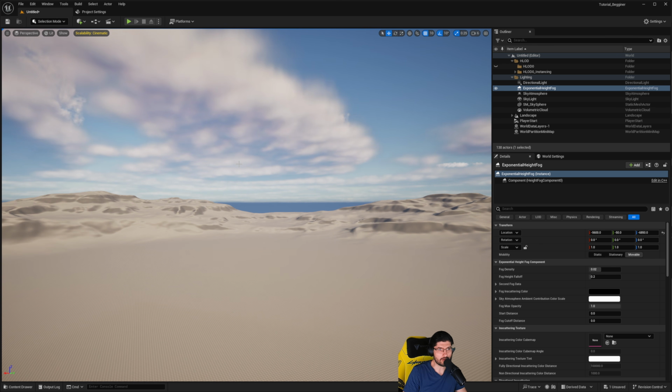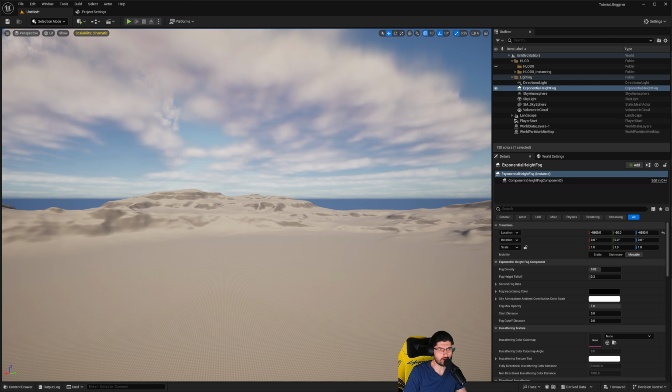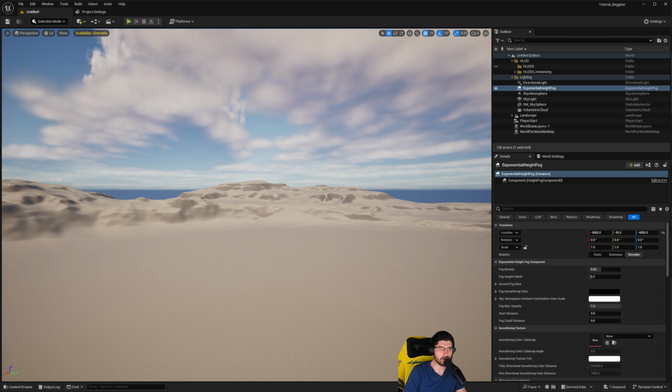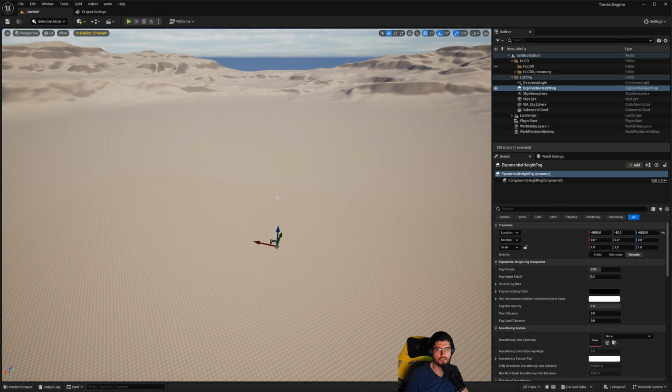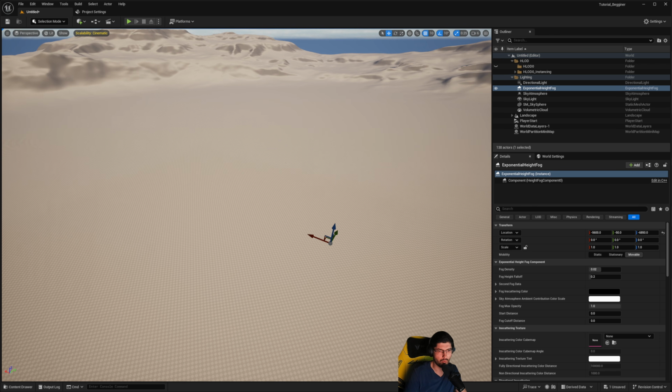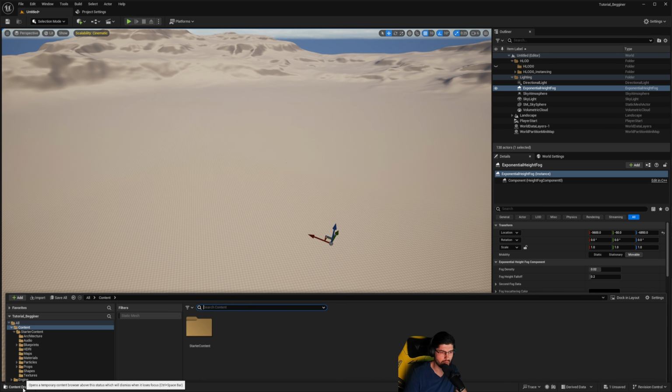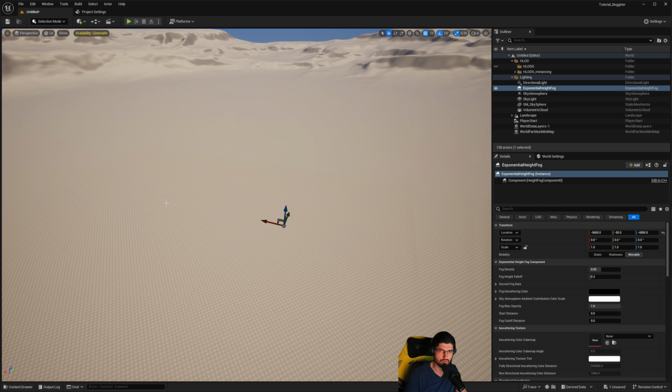Okay, right. Now, let's move on a little bit to explain some other parts of this project. If you remember, we got our starter content when we installed the engine, which means that we will have starter content in this project because we also ticked the box when we created the project. So if I now want my content drawer, which is down here, you can press it or use Control Spacebar,